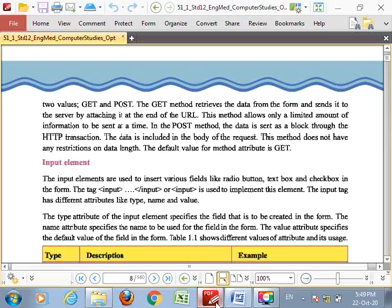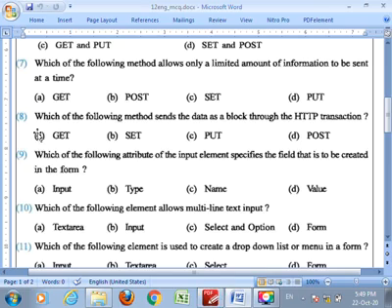In your textbook it is clearly written that this method, it means the get method, allows only a limited amount of information to be sent at a time. Then your answer is limited information to be sent.